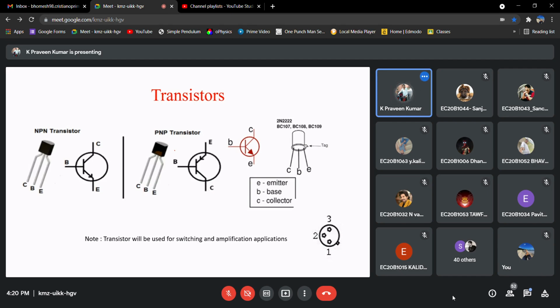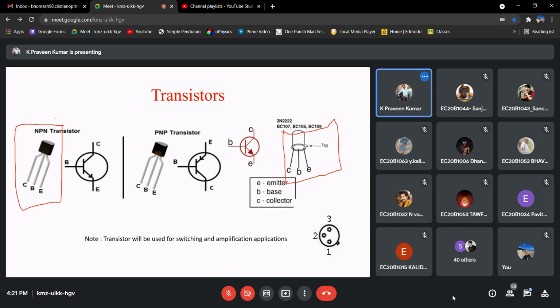And these NPN and PNP transistors come in different types of packages. Observe the pinout of this NPN transistor, and observe the pinout of this transistor, right? These are two different packages. Here we have a metal cap over it, but here it has a plastic cap, with one side flattened, right?